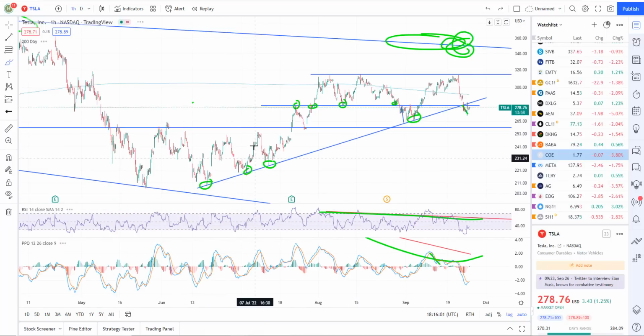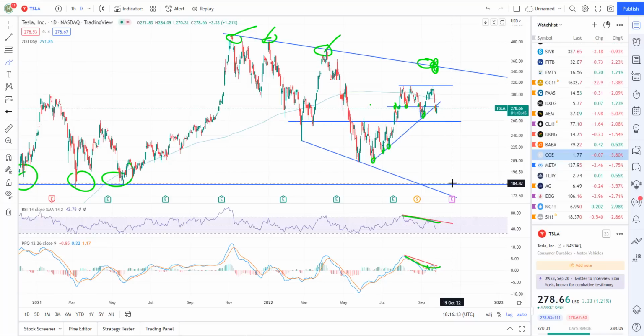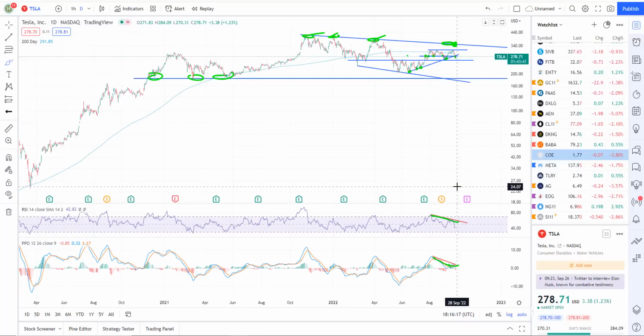Next level of support that I see on Tesla is really down here at about 250, 259-ish. But at the end of the day, I don't think we're going to hold there too long. I do think Tesla's heading all the way down here to 184 as our next level of kind of